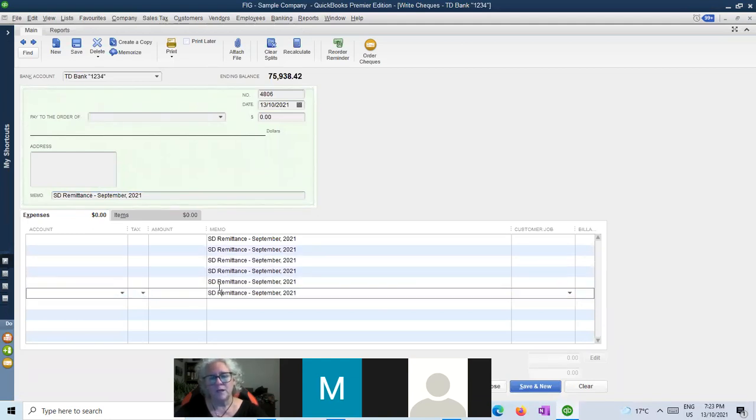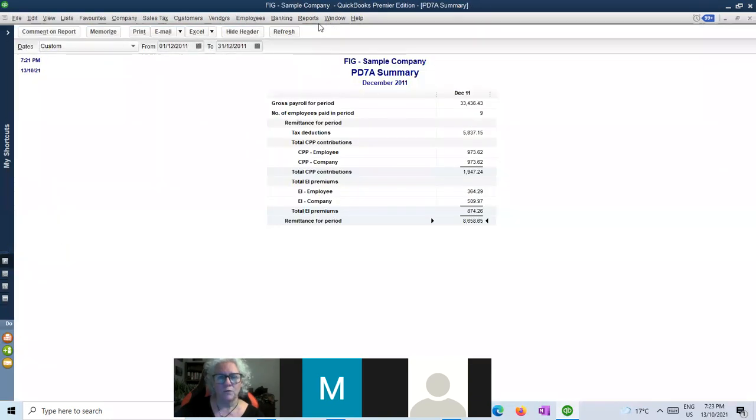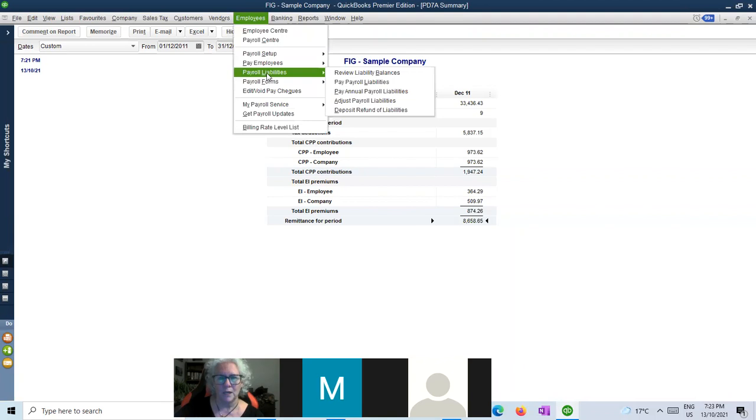The reason I do this is that if I have to troubleshoot, I'm speeding up my troubleshooting, because when I go to the payroll liability account on the balance sheet, it's going to just jump out at me and then I can figure out what's missing, what's wrong. So it's quite the thing if you don't. And the reason you don't go to write checks, you want to go to pay payroll liabilities right there,